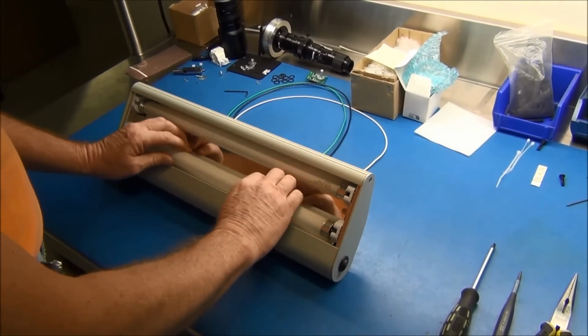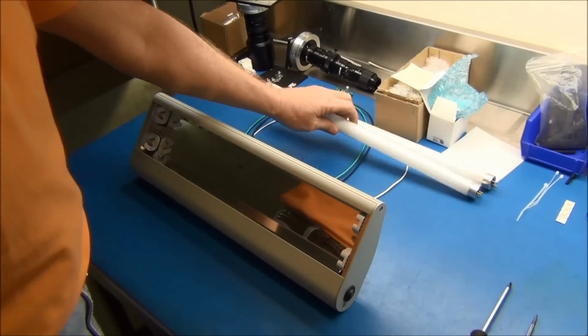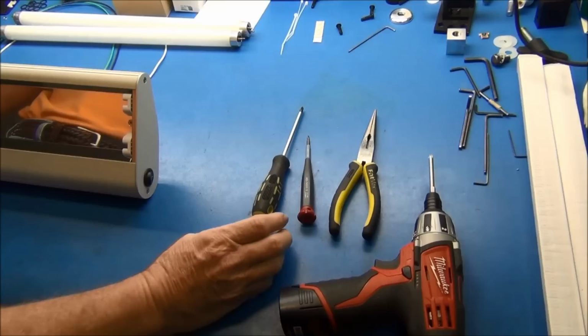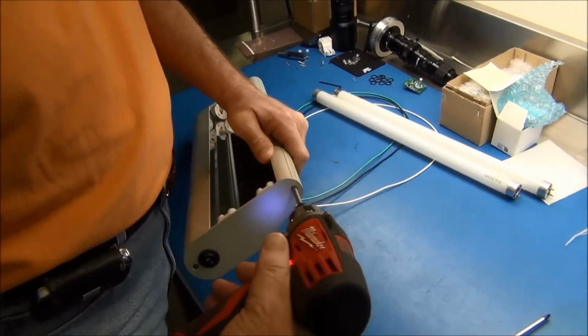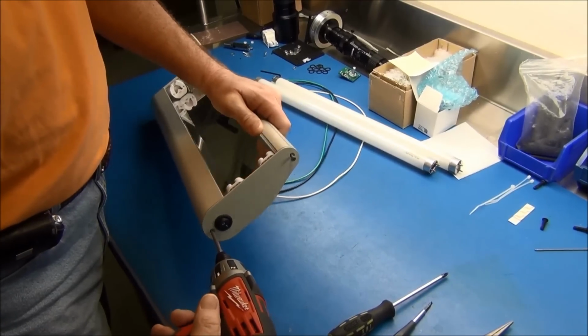You take your two bulbs out, in this case, or three, whichever the case may be. Tools required, very simple. A Phillips screwdriver. I use a needle nose plier on occasion and a small screwdriver. You can either use a Phillips or I'm going to use my gun today. Take out the two on the end plate where the switch is at. When you do,